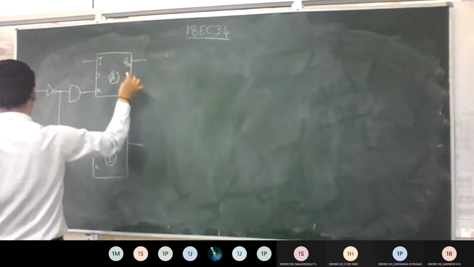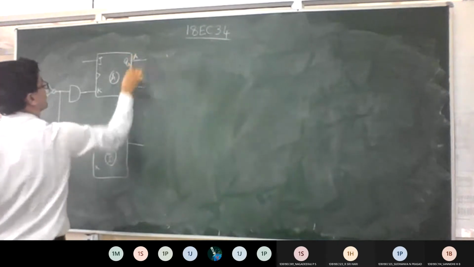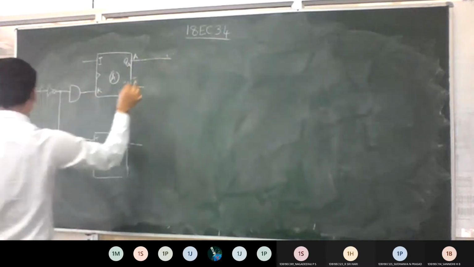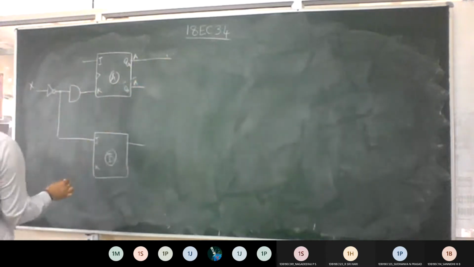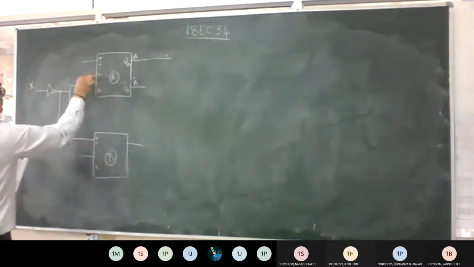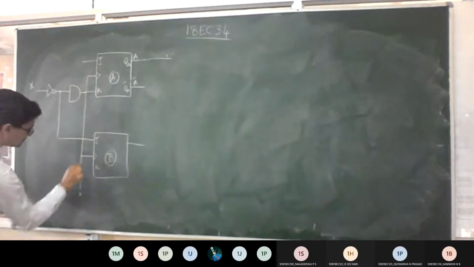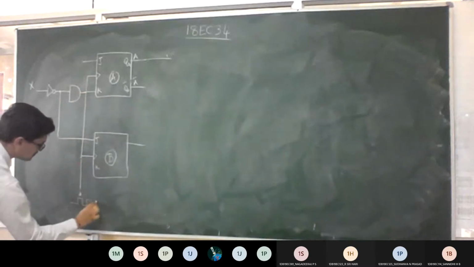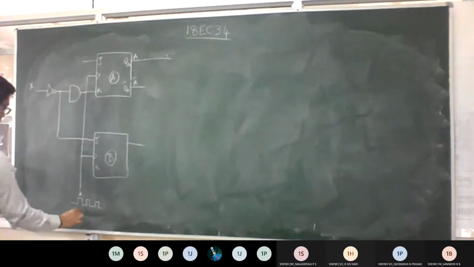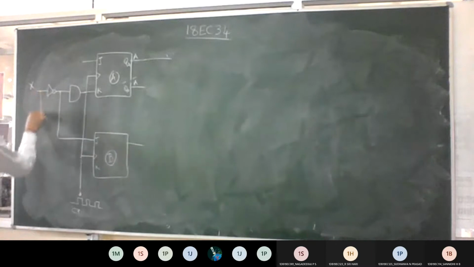So QA bar. They are given the equation A bar. The expression will be given for you in the diagram itself. You just need to build what they have asked. What type of clock is given? Positive edge. Good. If a bubble was there, it would have told you it is negative edge.